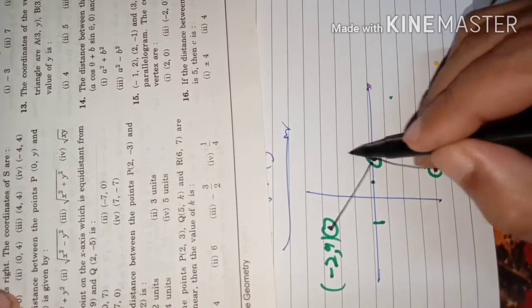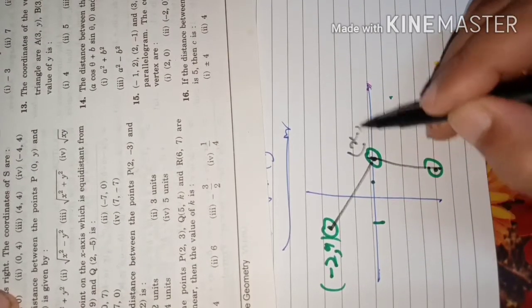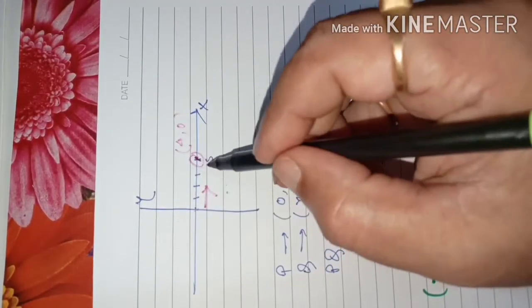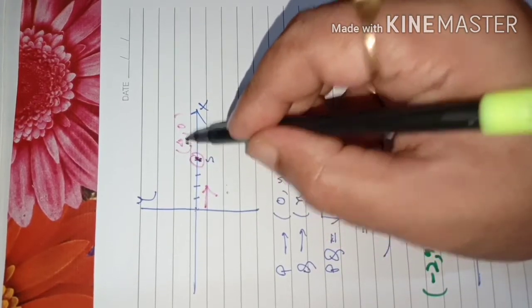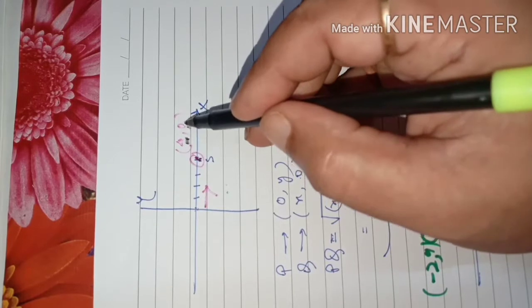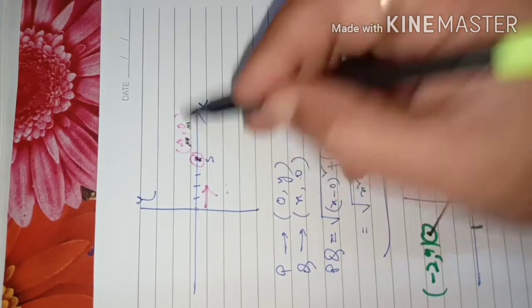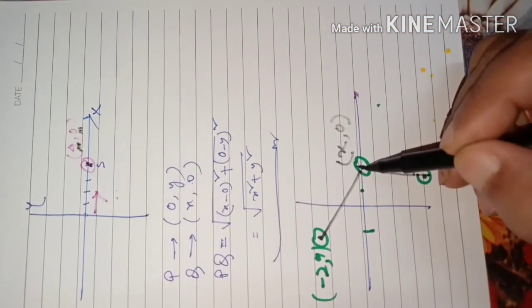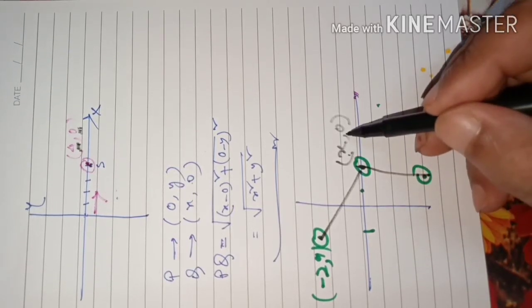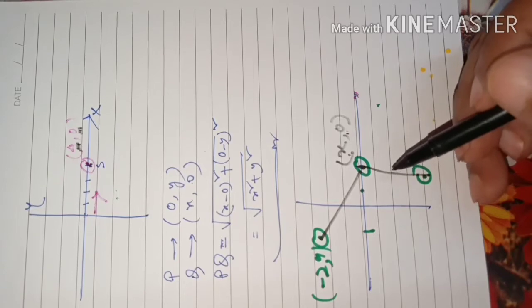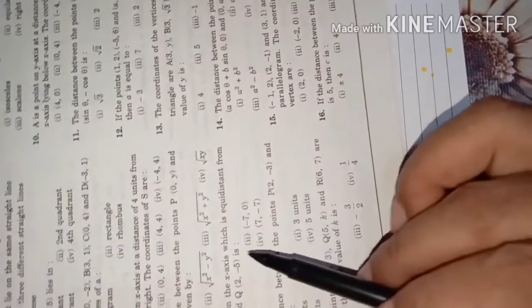When it is said it is on the x-axis, x is there but y is 0. You should know, just now we have seen. A point on the x-axis means x is there other than 0, but y is 0. Abscissa is there but ordinate is 0. Like that you should think. Abscissa, when you don't know, you say it is x. When you know the ordinate is 0, you have to write 0. Clear? Now question is here.